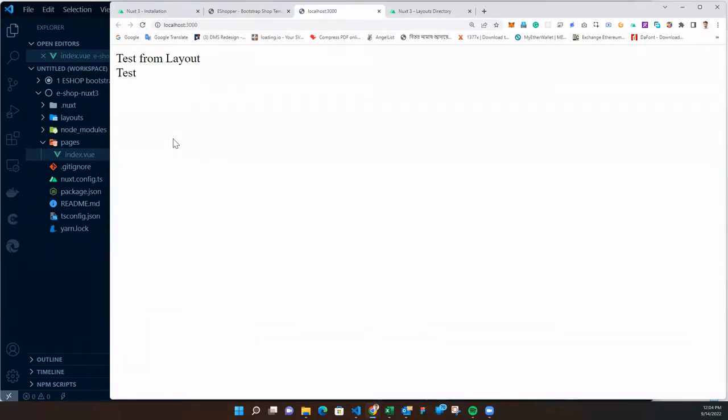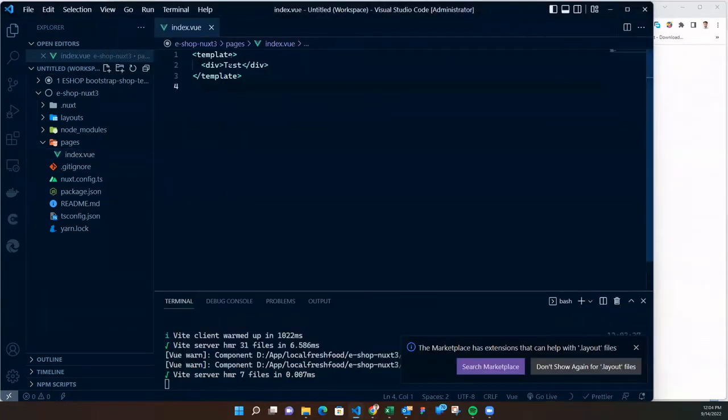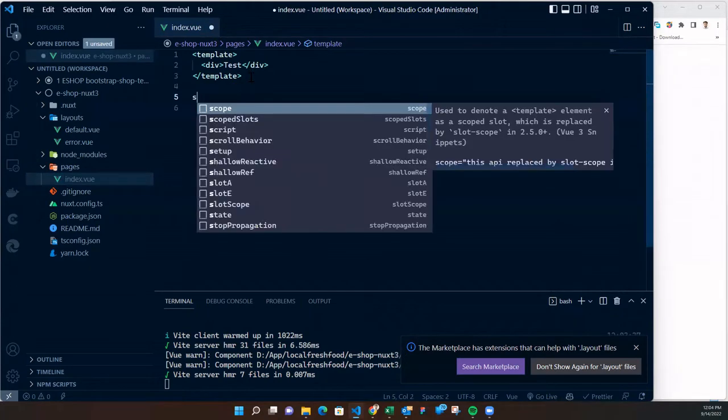As you can see, that layout is also present and the content of that page is also present. But we never wrote Nuxt layout anywhere. So this is the exact same way that you have been doing in Nuxt 2. So if you want to use that way, you just have to delete the app.vue file, and then create your pages inside the pages directory, and it will go back to your previous way of working. So here, if we now create a script tag